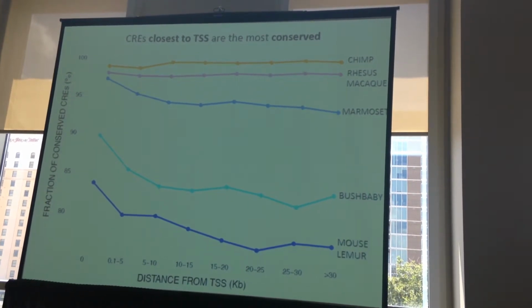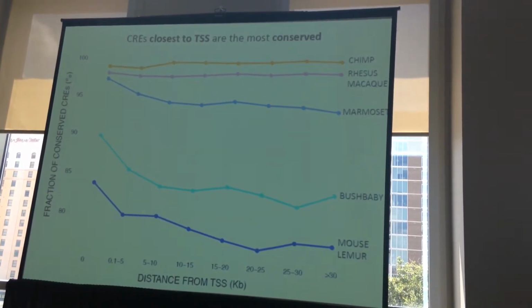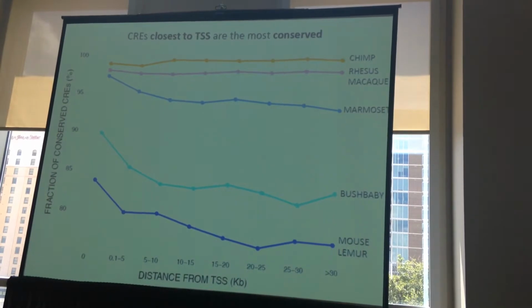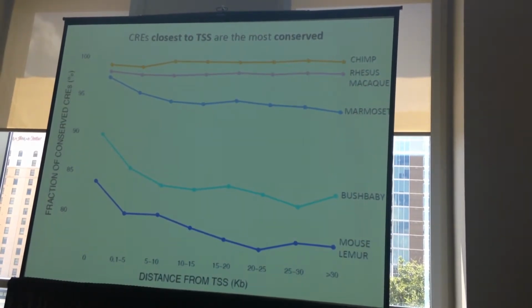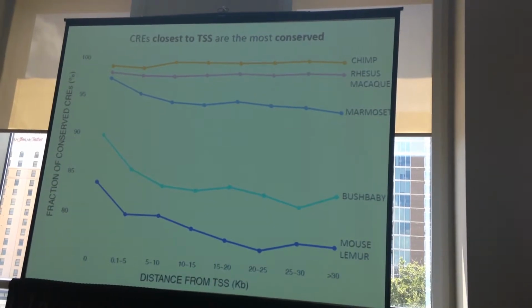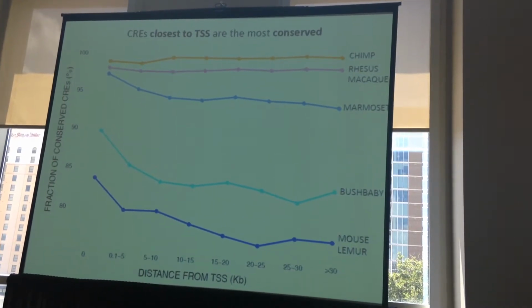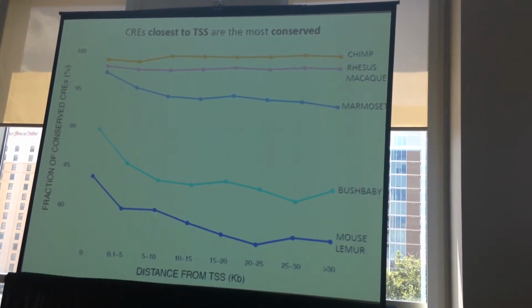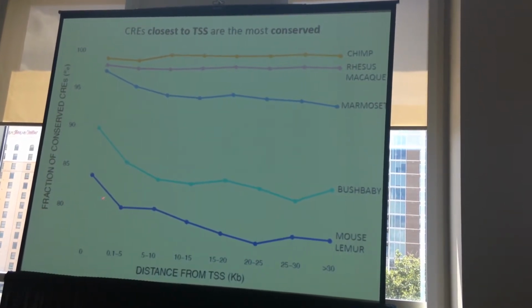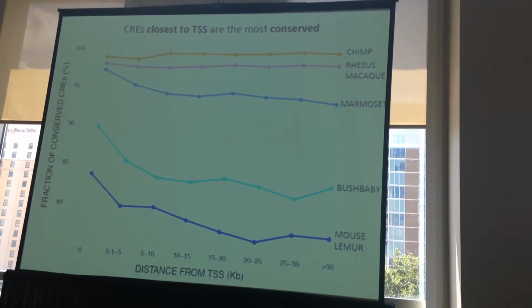Then the second question was, what about the distance of an enhancer from the transcription start site? Is it associated with the degree of conservation of this specific enhancer? So here, in the x-axis, you can see quantiles of the distances of our enhancers from their associated genes. So they are basically bins containing a lot of enhancers. And in the y-axis instead, you can find the fraction of these enhancers that are conserved within each one of